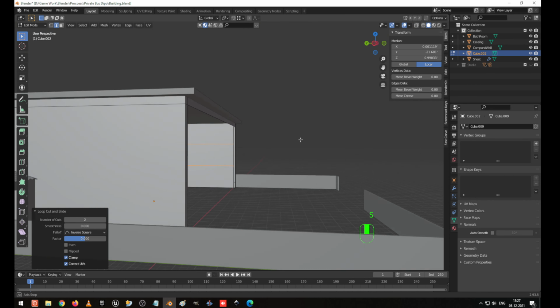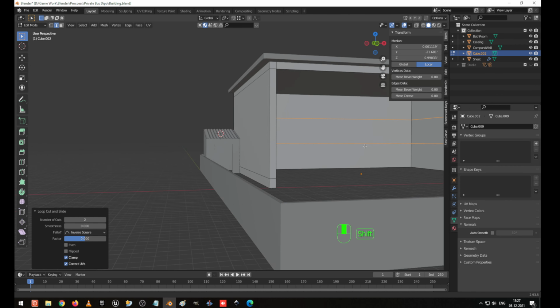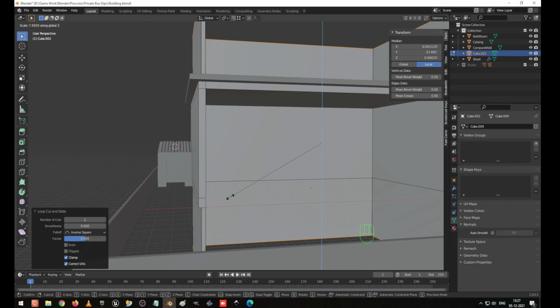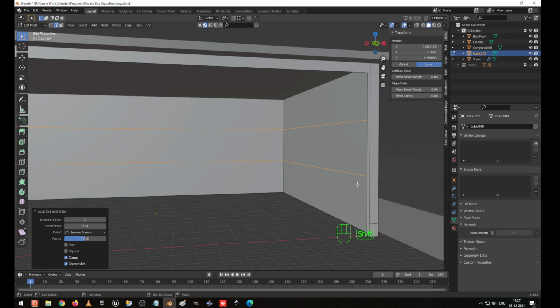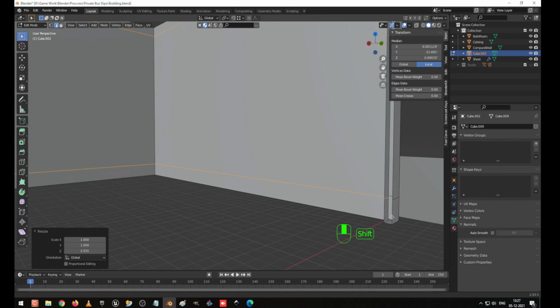Why is it not happening? Okay, and scale it in z axis. Okay, now it's happening. Okay, I just scale it in z axis, and I move towards here. Okay, now everything is fine.